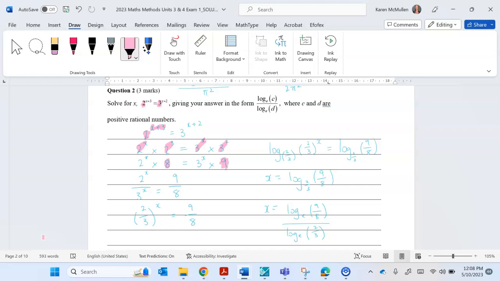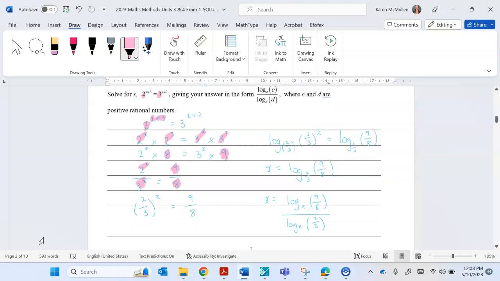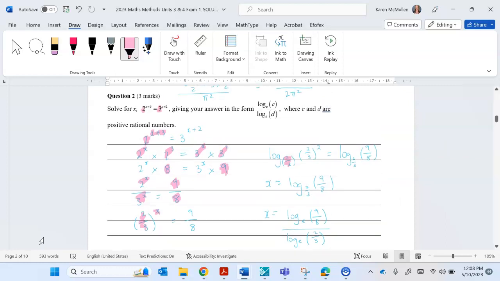So basically we've now got our 2 integers, so we don't have the x's attached to that, so I've just divided both sides by 8 to get 9 over 8, and then divided both sides by 3 to the x to get the 2 to the x over 3 to the x. Now using your index laws again, this is the same as 2 over 3 to the power of x, and then you can take your log. Now we're not really used to seeing log of base 2 on 3. And you can see the format of the question requires you to use the change of base rule,